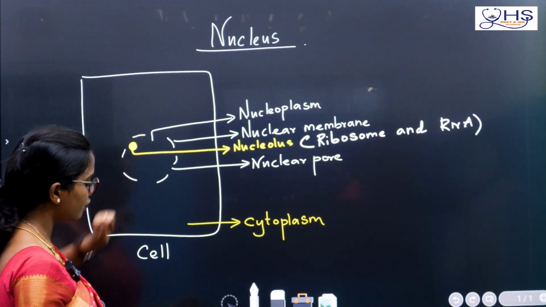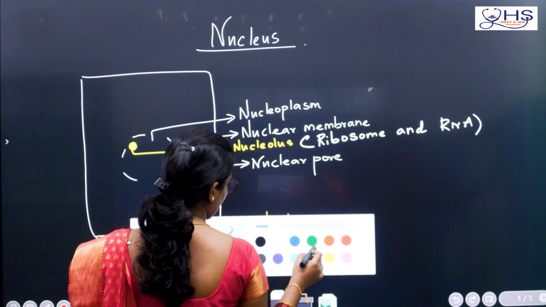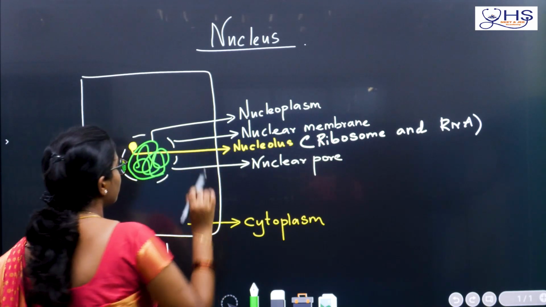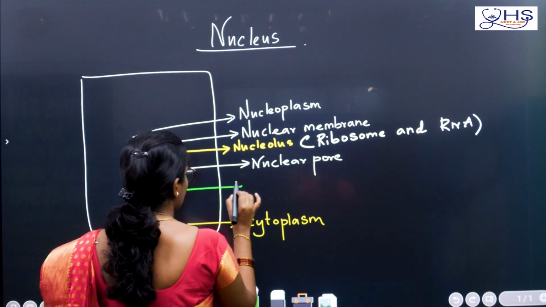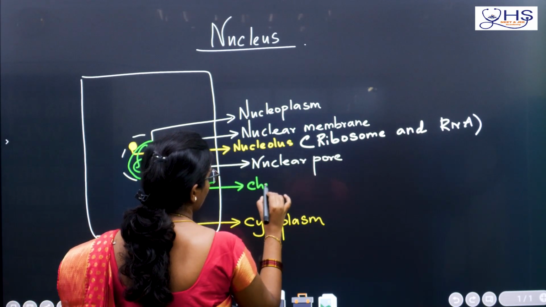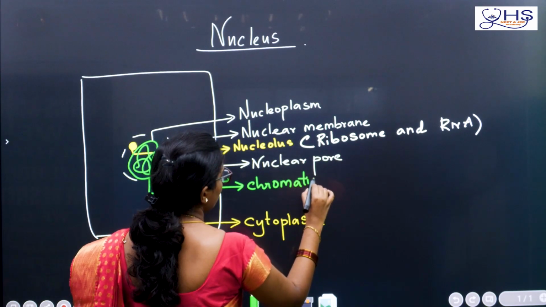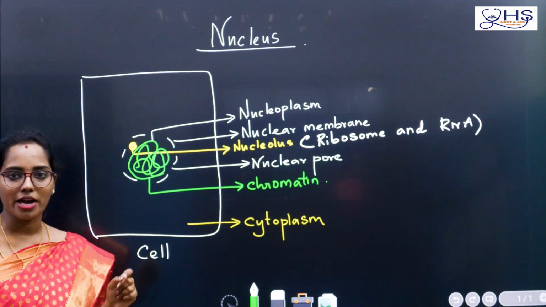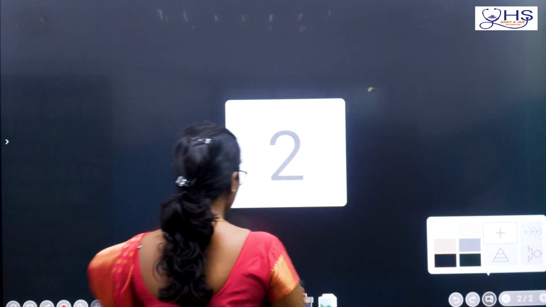The main part of the nucleoplasm contains a thread-like structure called chromatin. Now we'll move to the topic called chromatin. What is chromatin and what exactly is it made up of? So chromatin